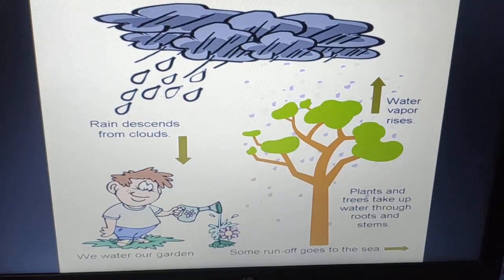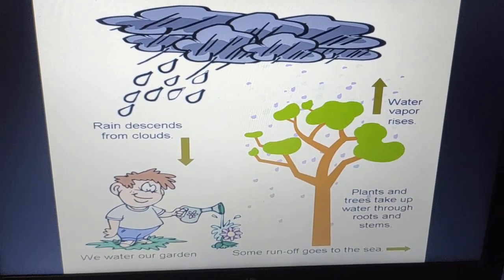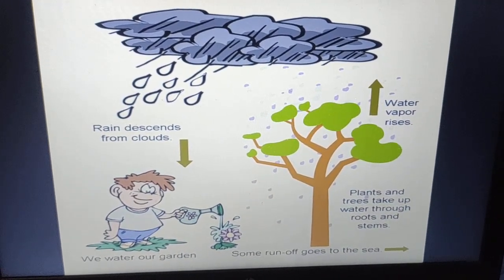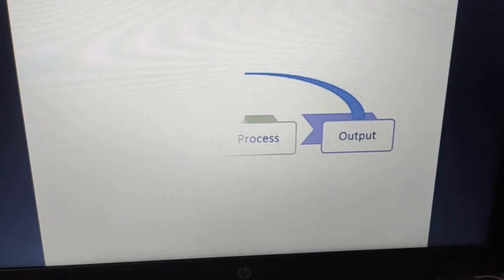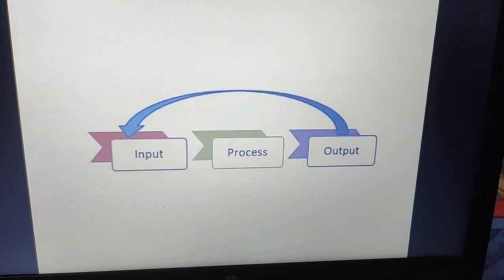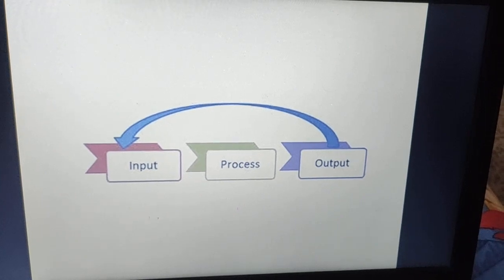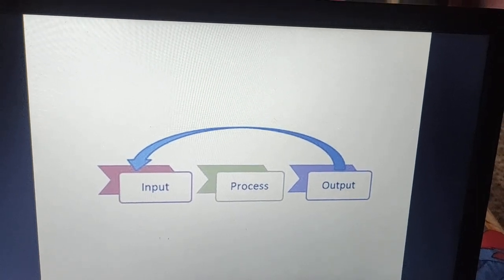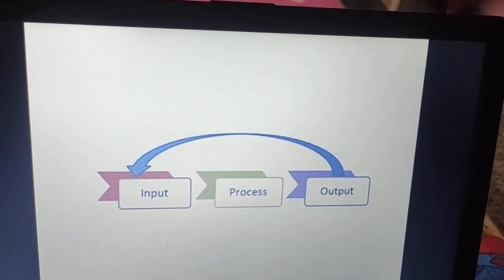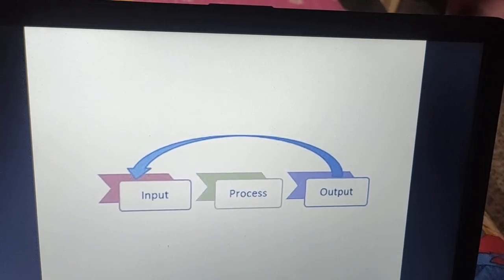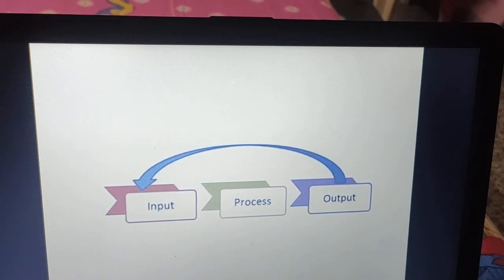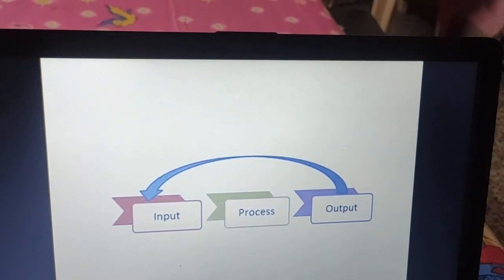Input means data or instructions which we give to the computer, CPU will process it, and then as a result we get the output. So in this way, I hope you have learnt what is input. Input means the instructions entered into a computer. Now what is process? The CPU works on the data to convert it into meaningful information. This is known as processing. What is output? After the data is processed, the output displays the result. This is called the output.